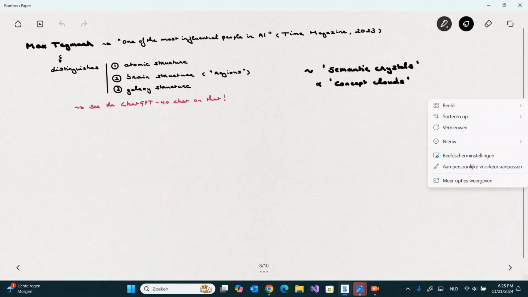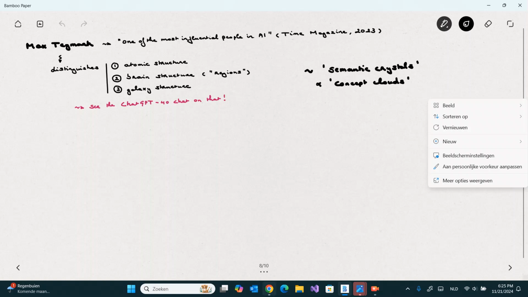To illustrate these models, Max Tegmark distinguishes three conceptual levels: an atomic structure of meaning, a brain structure, and then a galaxy structure. What's very nice is that he stresses that these are all very intricate geometrical patterns. He also develops the concepts of semantic crystals, concept clouds, a few other concepts, all very nice, but